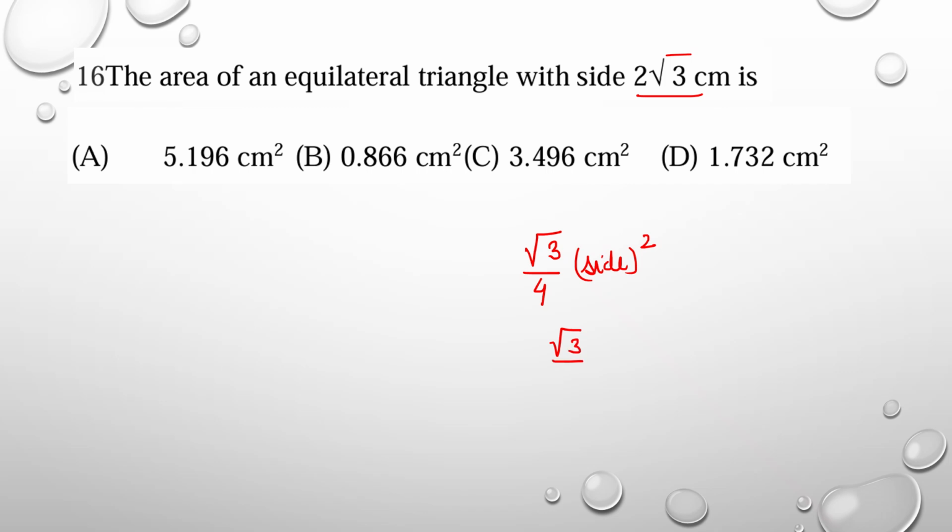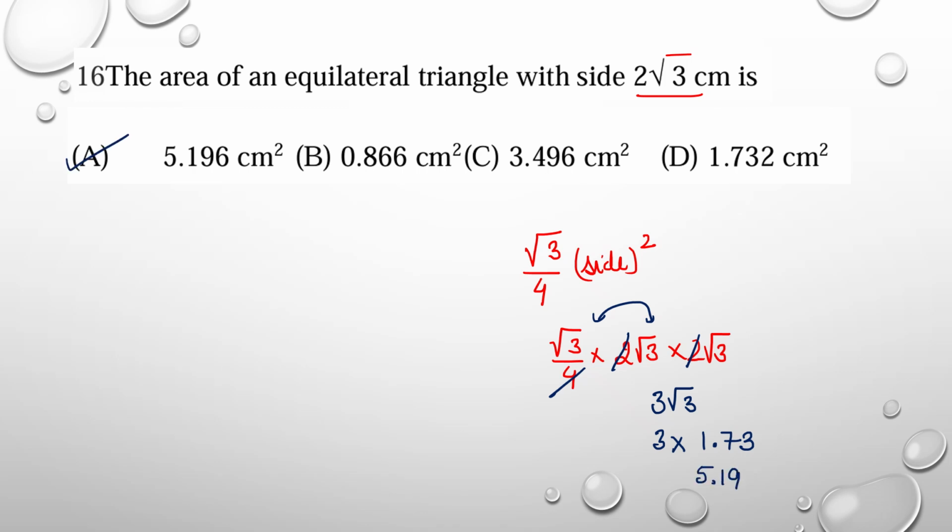Root 3 by 4 side is 2 root 3 into 2 root 3. We can cancel this 2 and 2 by 4. Root 3 into root 3 is 3, so 3 root 3. Now if you check, all the values are in decimal. So हमें root 3 की value substitute करनी पड़ेगी. What is the value of root 3? 1.73. Multiply it. You will get answer as 5.19. So nearest is this